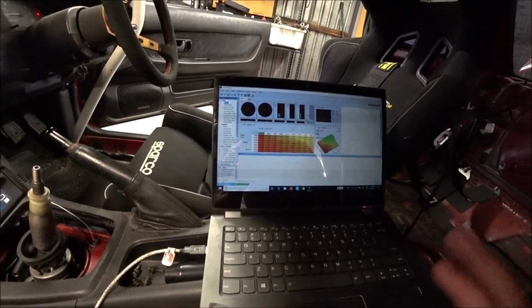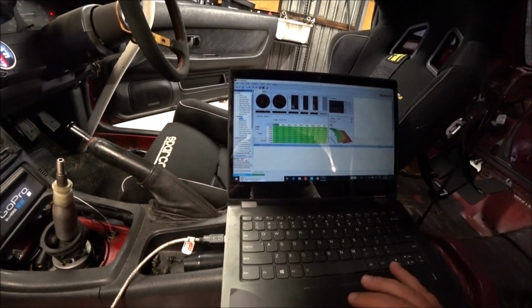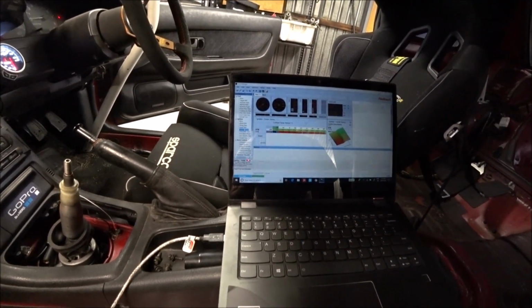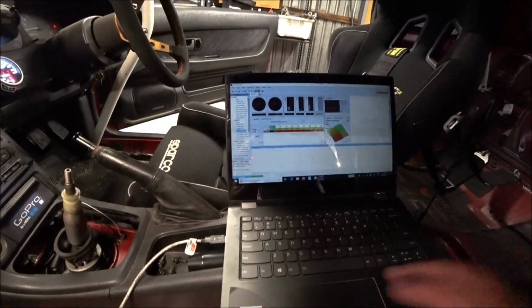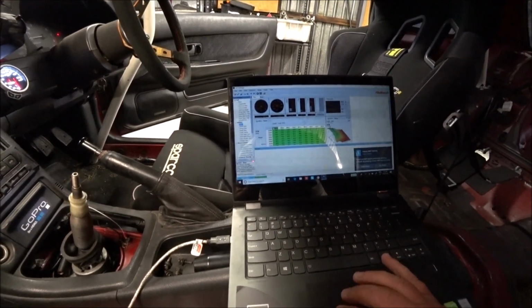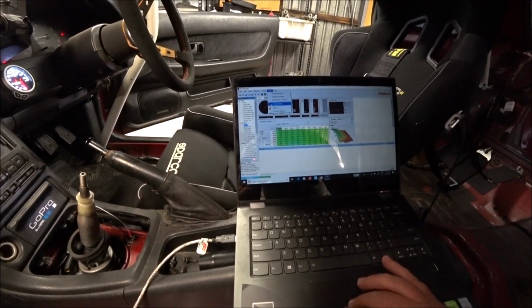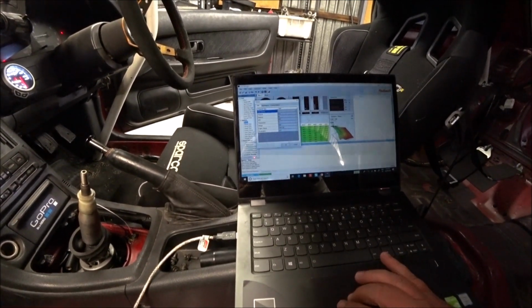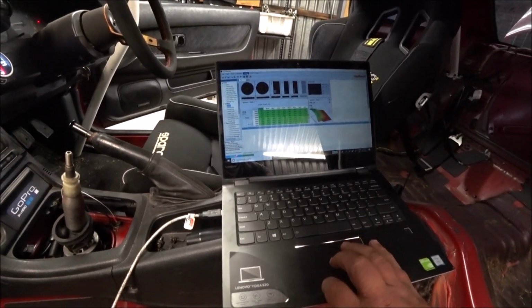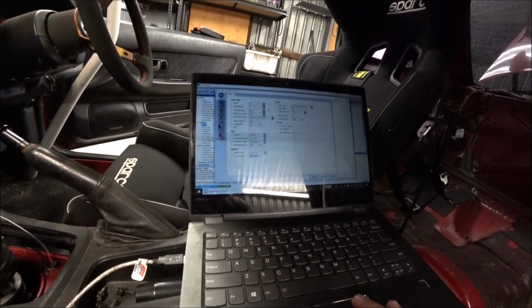So this map is all the base one. Ignition, base timing, crank timing. Where is the lock? No, this is in options. Nope. Where did I do all that stuff I did before? Let me find it. So I'm going to go into setup, main setup, and then I think in here is...